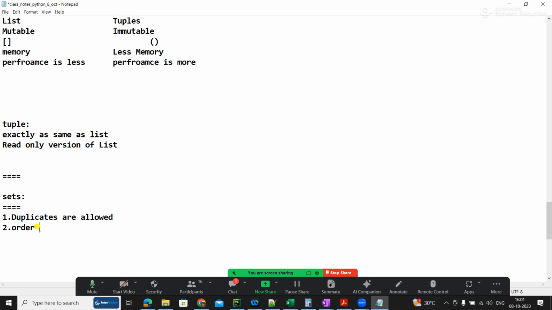In a set, order is not maintained. And next is heterogeneous. All are heterogeneous, whether it is a list or a tuple, heterogeneous data can be inserted.